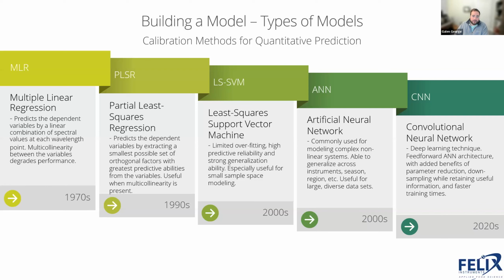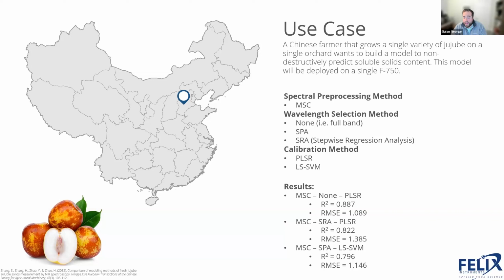So they explored multiple different types of wavelength selection methods. They decided to utilize the multiplicative scatter method of spectral preprocessing. And then for their calibration methods, they wanted to look at both PLSR and the LS-SVM. So looking at every permutation of these various methods, they tried every single permutation and just